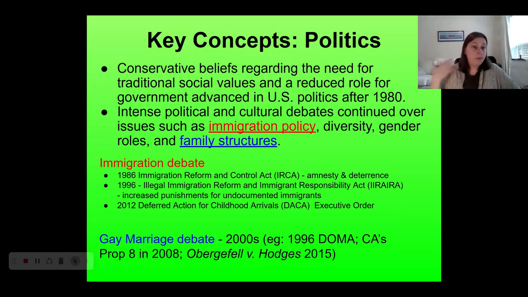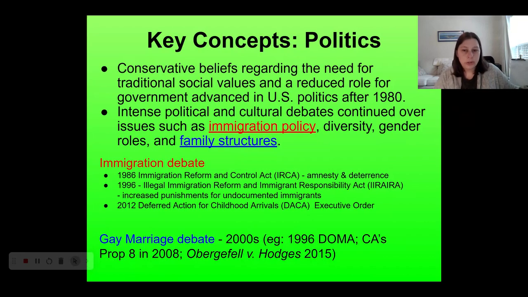Those types of things. We have a big demand for that kind of immigration in the United States, but not really a very clear or extensive legal pathway for people to come in in a legal way and do that work. So this is going to lead to a big surge in undocumented immigration starting in 1965 and escalating. Several attempts to try to tackle this.